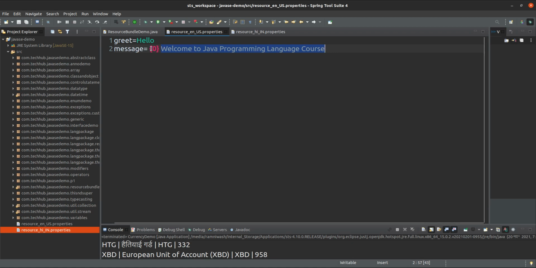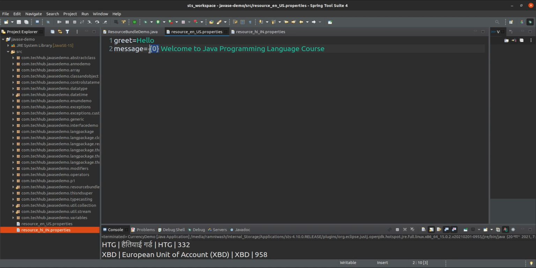Here, before this welcome, we have given one positional parameter. What is a positional parameter? That can be replaced with any string or text. A positional parameter is nothing but a value that can be replaced with any value.